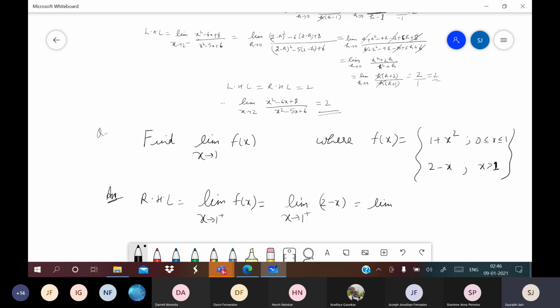Then what you will do? You will replace x by 1 plus h. Now it is a simple question. This thing will come out to be 1 minus h. Now that same concept, when h is tending to 0,